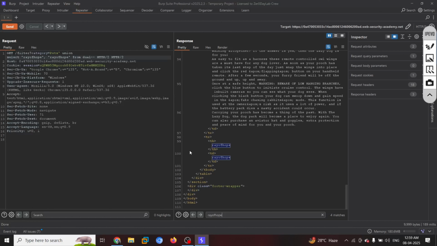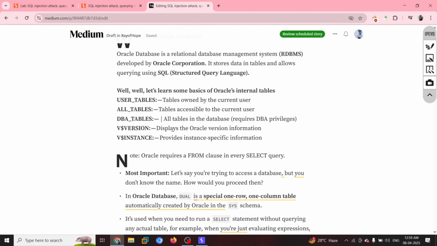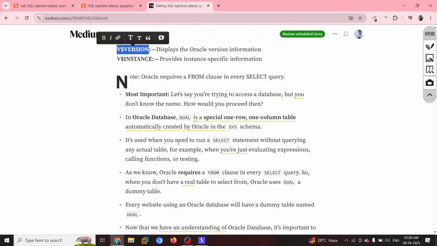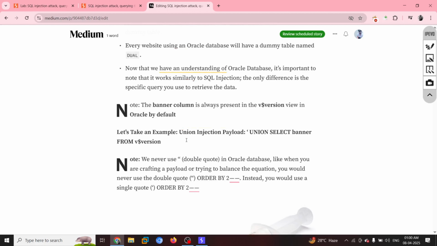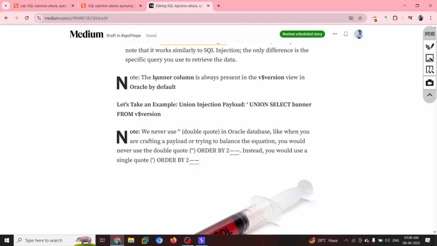So now this is clear, right? So what would be the next option? We have to find out the version details, right? Again, for version details, you need to read over here as well. Display all the version details. These are some basic commands of Oracle, right? These are the basic commands. And when you are going to use version, by default, it comes with a banner, right?